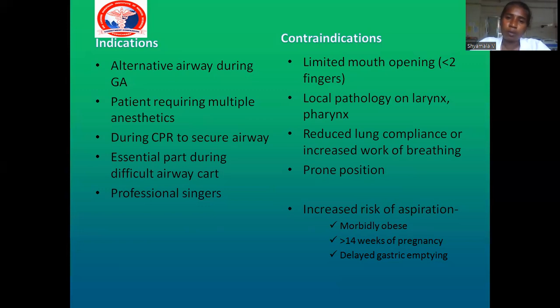And in those patients who are having reduced lung compliance or increased work of breathing. And in a few cases, we are handling spine surgery or some other surgery where we need the prone position. We can't use it because we can't fix the LMA. And also in a few cases where patients have increased risk of aspiration, in the case of morbid obesity and pregnant patients whose gestational age is more than 14 weeks, and a few cases who are having delayed gastric emptying in the case of laparotomy or any